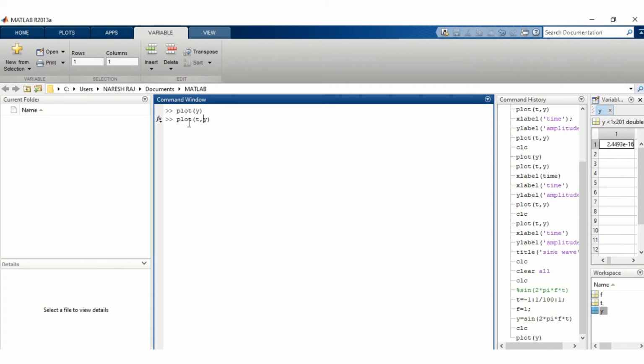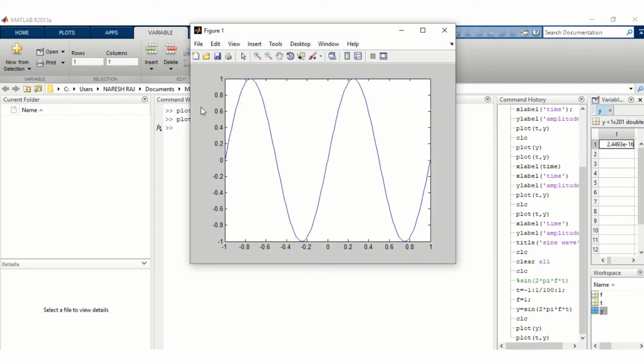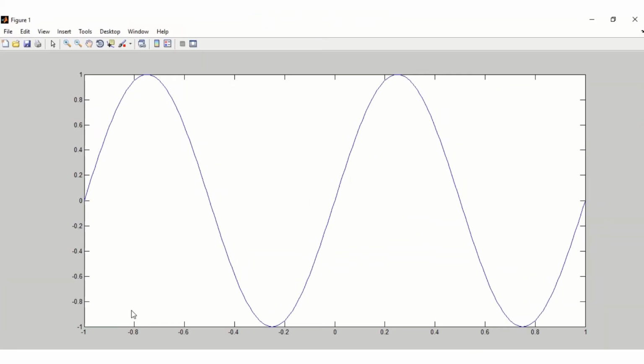That value we assigned to t from -1 to 1 will be represented on the x-axis. Here you are seeing that on the x-axis the value is -1 to 1, and the sine wave is now completed to here.